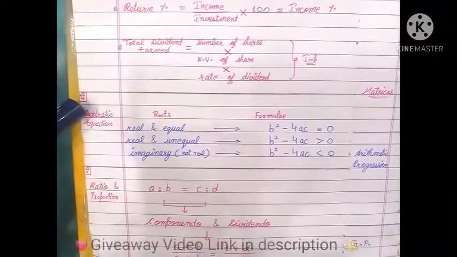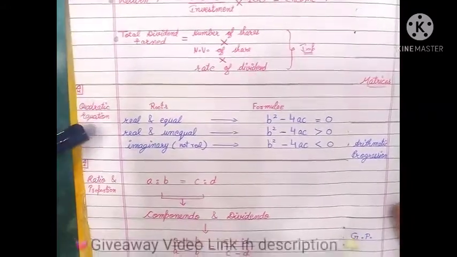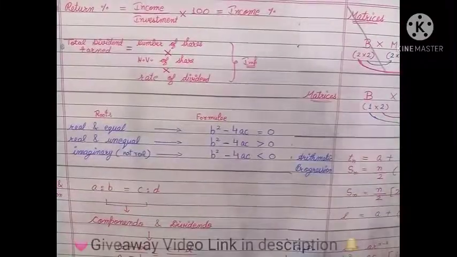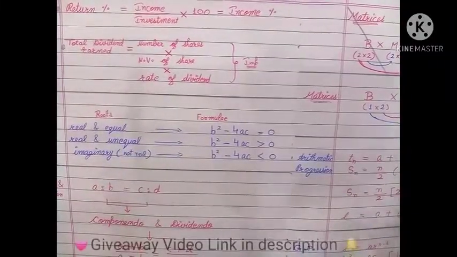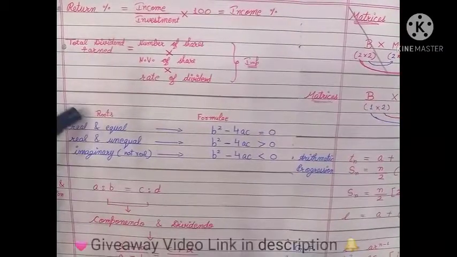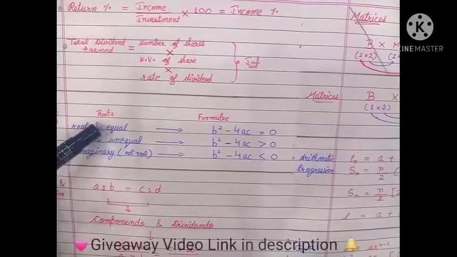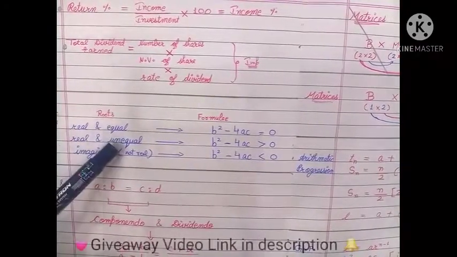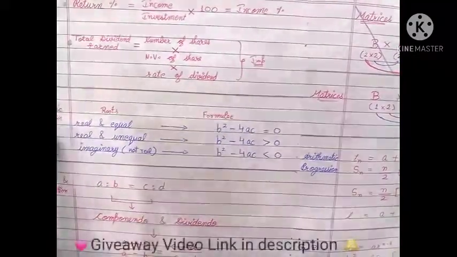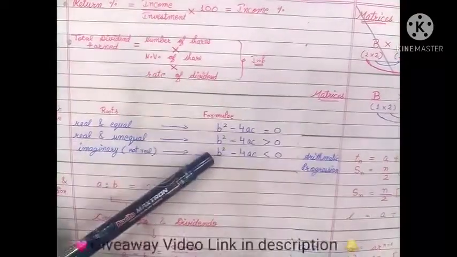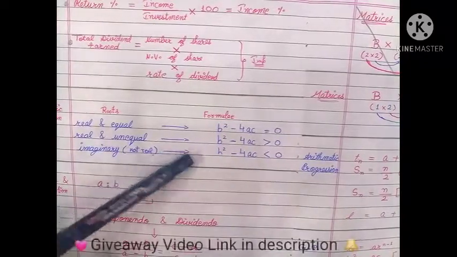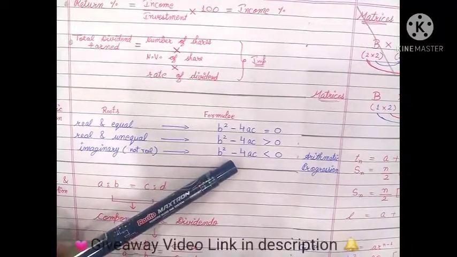Chapter 4 does not include any particular formula on which you have to focus. So let's move on to quadratic equation. Again, there are formulas for them, but you need to know where each is applicable. If in the question it is specially mentioned that the roots are real and equal, then you need to apply b square minus 4ac is equals to 0. If it is given real and unequal, you need to apply b square minus 4ac greater than 0, and if imaginary is written in the question or not real is given, then you need to apply b square minus 4ac smaller than 0.